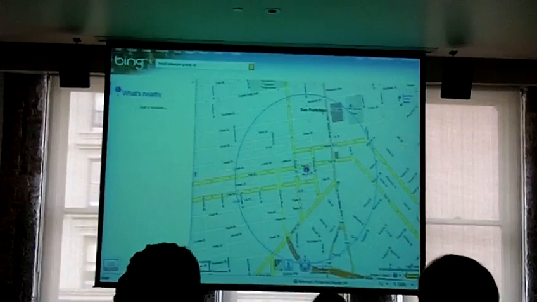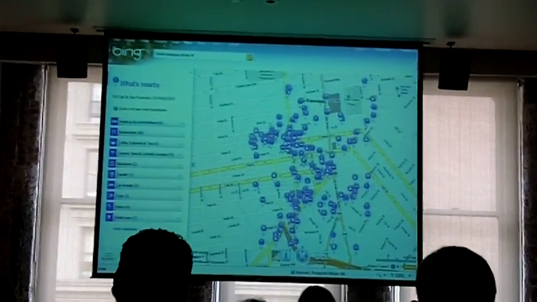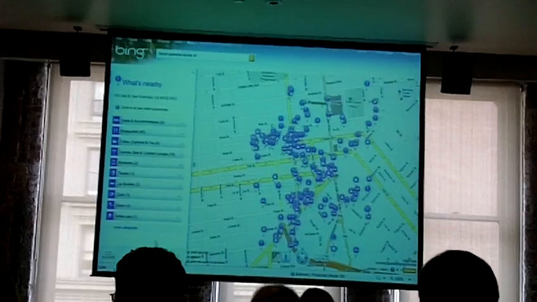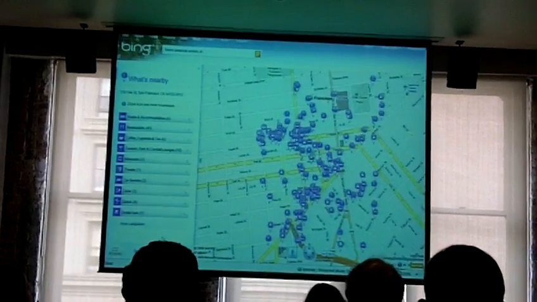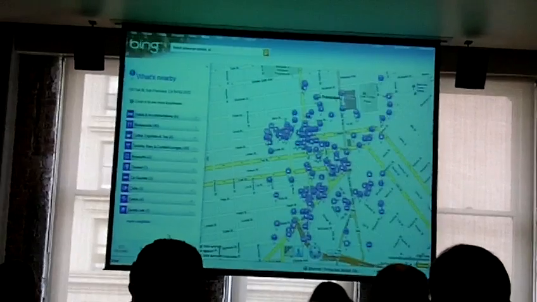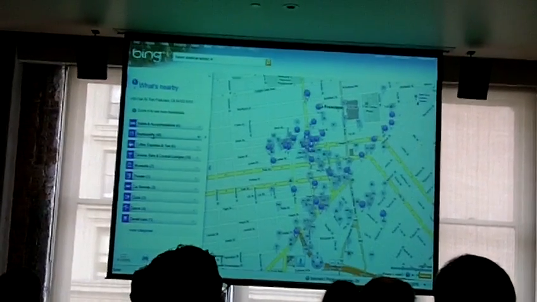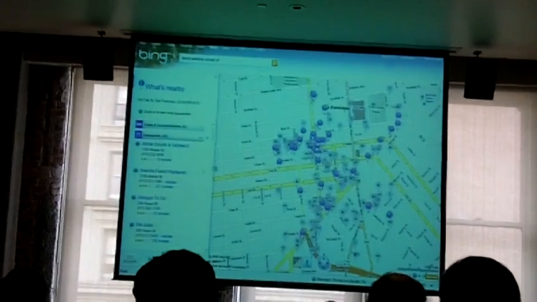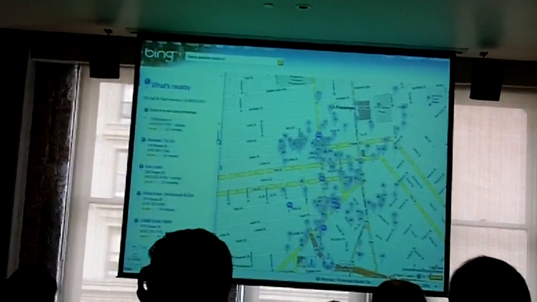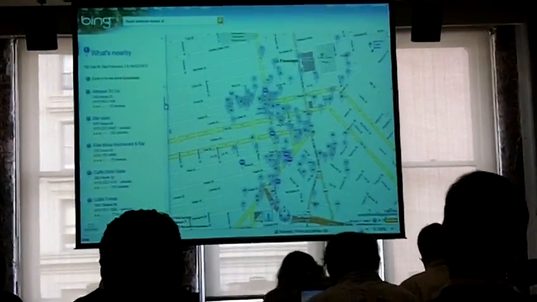So clicking on what's nearby pulls up another app, and what this app is doing is surfacing all of the very rich information that we know about entities nearby this spot that I've just searched around. So I can filter down and look only at restaurants, and here are a bunch of nearby restaurants. And when we were figuring out which